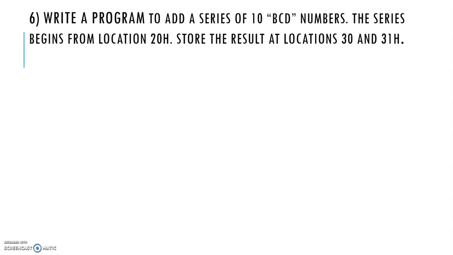Whenever you check the carry, you should always use a particular register to hold the carry, and you can write an instruction to increment that register, and before that step you should write a JNC, that is, jump if no carry. If no carry, you need to skip that step. When you write the instruction it will be more clear. If there is a carry, the B register will be incremented, else you can go to the next step, that is, you need to add the content of the next location.